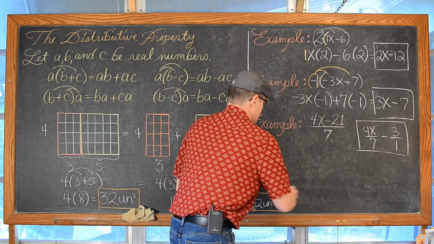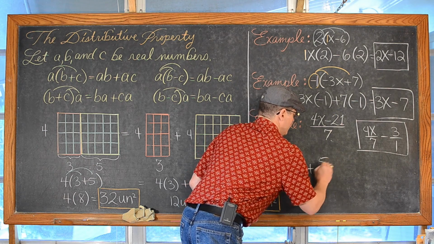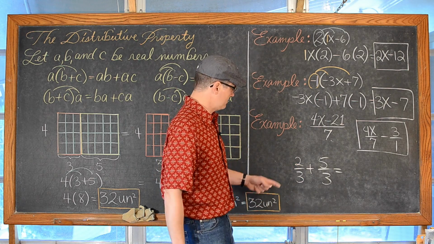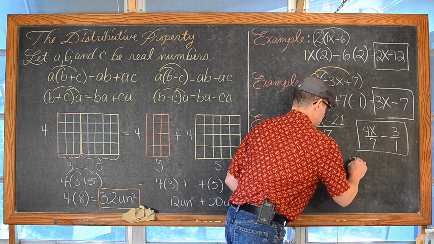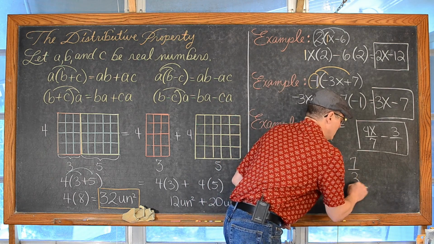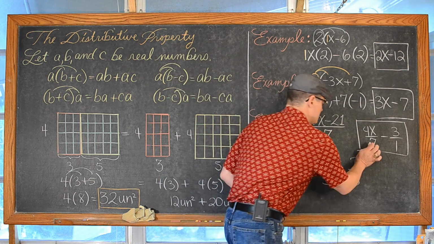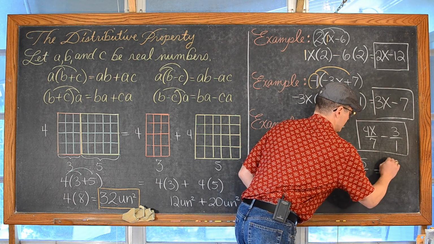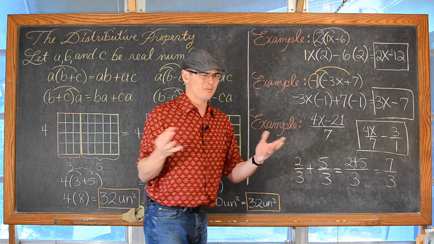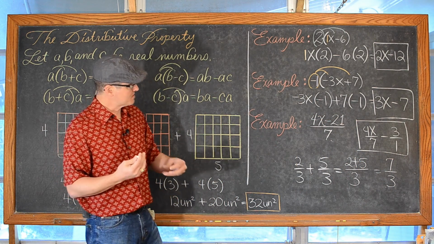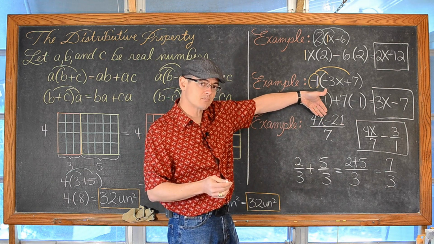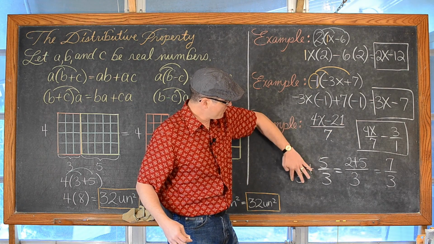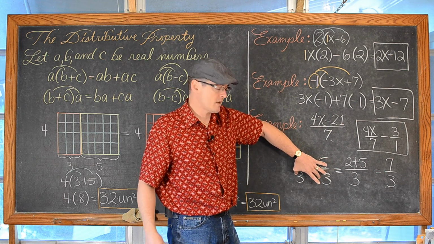When you add fractions like 2 over 3 plus 5 over 3, and I've written it so we already have common denominators, you simply add the tops together. We have 2 plus 5 is equal to 7 over the common denominator of 3. Actually, let's write this as 2 plus 5, and then write it as 7 over 3, because I don't really care about the answer being 7 over 3. What I want you to see is that what I'm doing with this problem is sort of undoing or separating the addition.